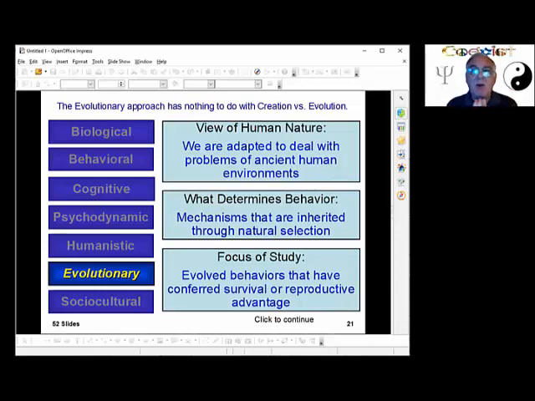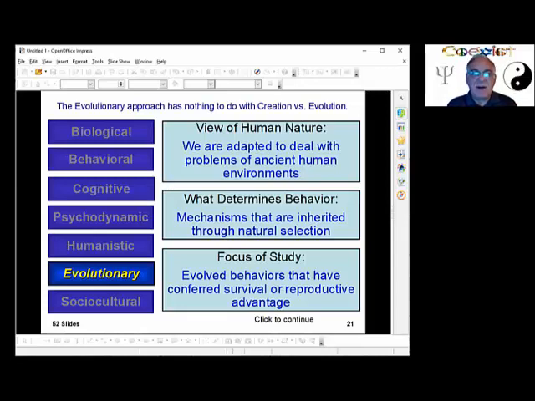We've been here on Earth over 5,000 years. The Bible says so. So how have we changed over those 5,000 years? And we're definitely different than we were even 100 years ago, human beings. That's what it means for evolution. So we are adapted to deal with problems of ancient human environments. That's how our body is defined or described. It is by the adaptation of, as I talked about, Cain and Abel, right? We're more jealousy in the world because jealousy survived.